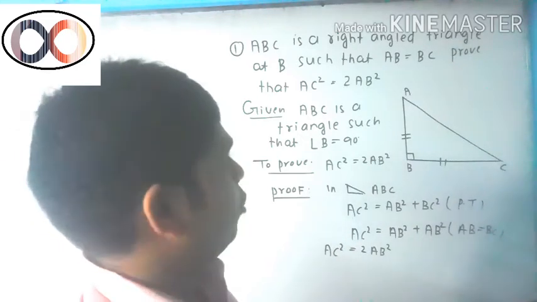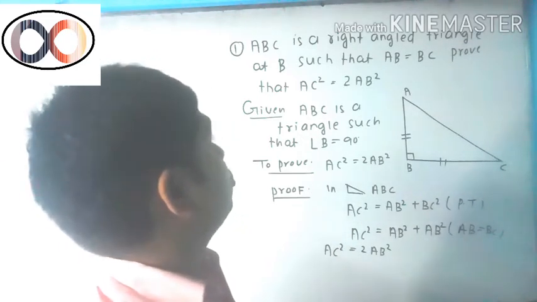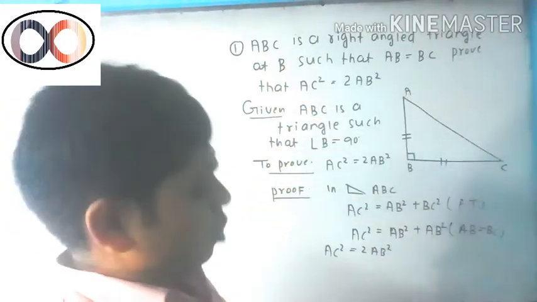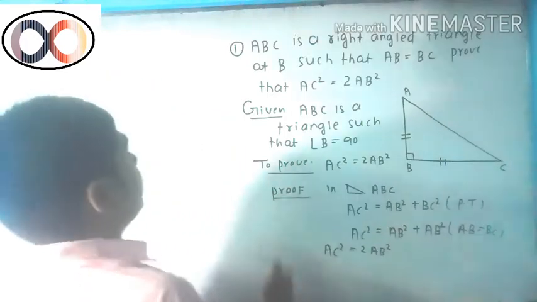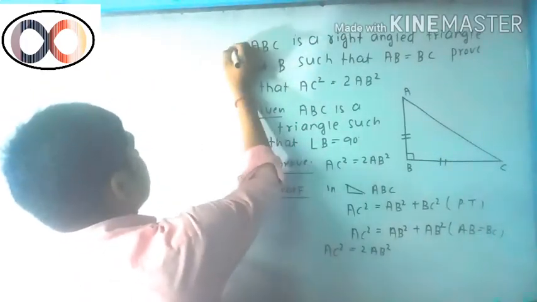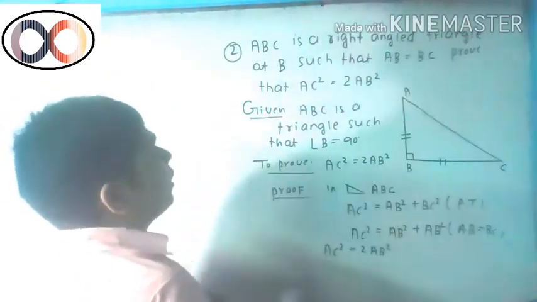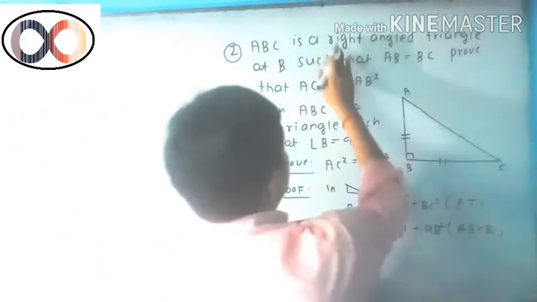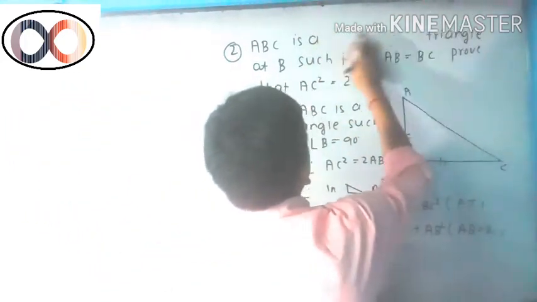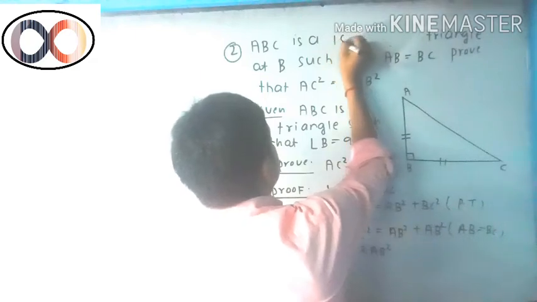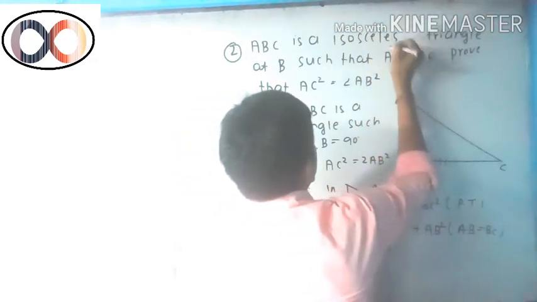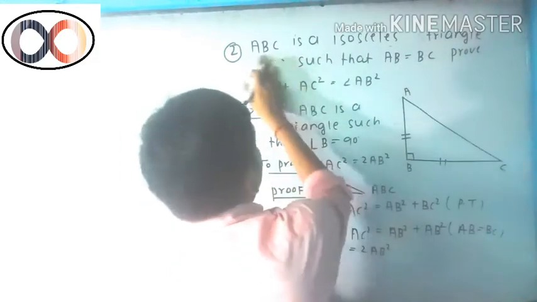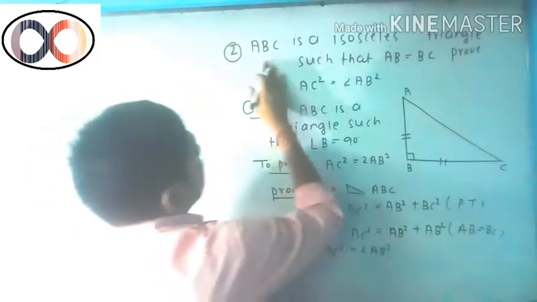In the next question we will discuss the same question, which is just the reverse of this question. A little bit of change in question number 2. Question number 2 is: ABC is an isosceles triangle such that